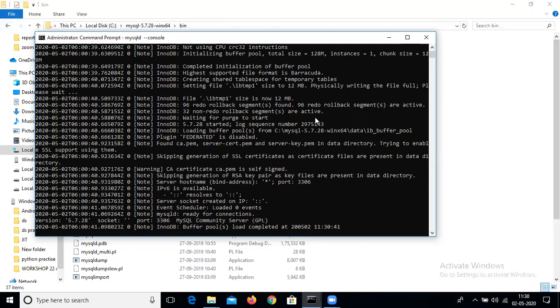Just wait for some seconds. It will start. Remember, CMD always requires administrator permission. Without administrator permission, you can't run your MySQL server on your localhost. It is stuck in some buffer pool.